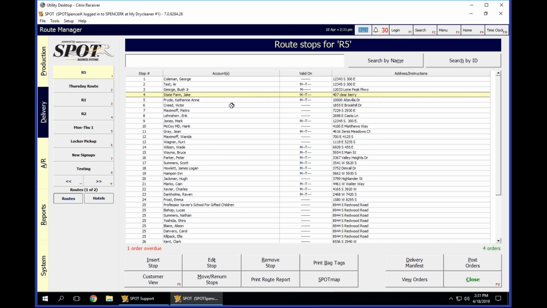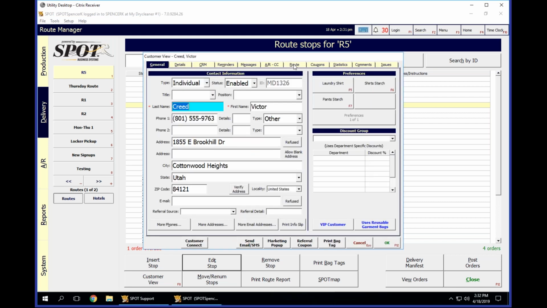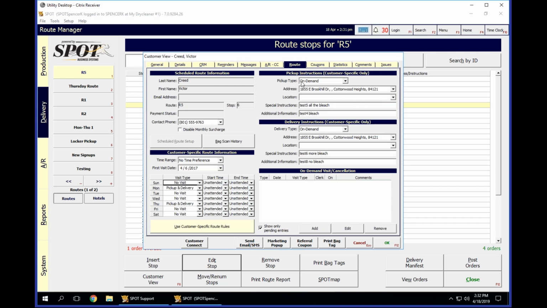When it comes to on-demand or some of the more complex setups, like a multiple customer stop, we simply say, okay, well, I don't want to use the stop rules. I want to use the customer's rules, which gives us a little bit more flexibility. So here for Victor Creed, I don't want him to automatically stop on Monday or Thursday at all. So I'm going to come back to Victor Creed, go view the customer. And this is where we come over to the route tab. And on the route tab, you'll see that I have a pickup type and a delivery type set to on demand,